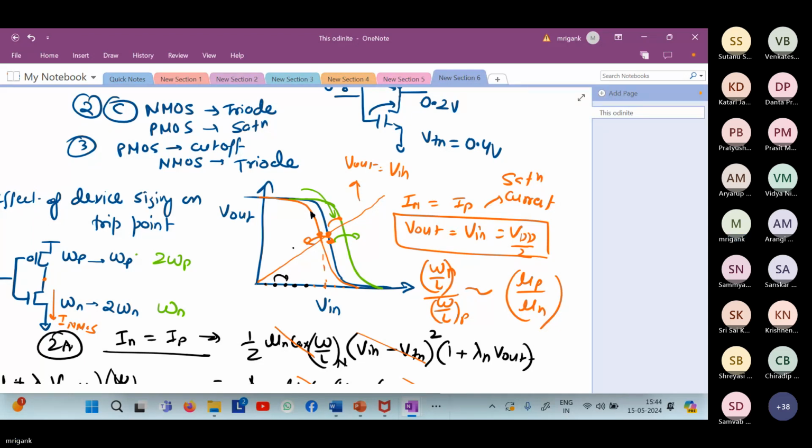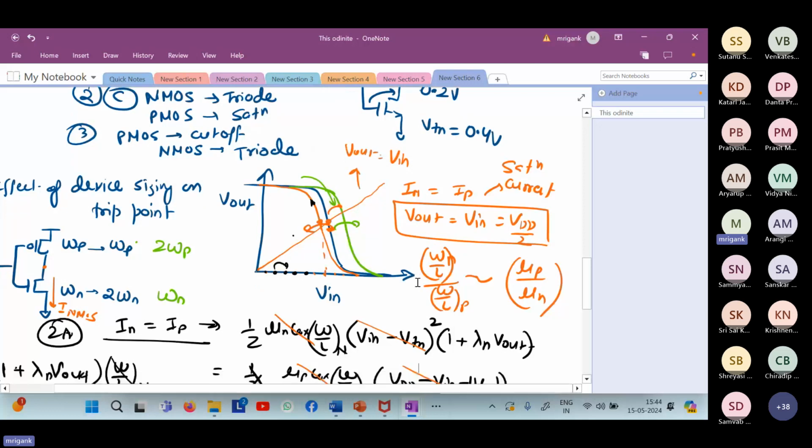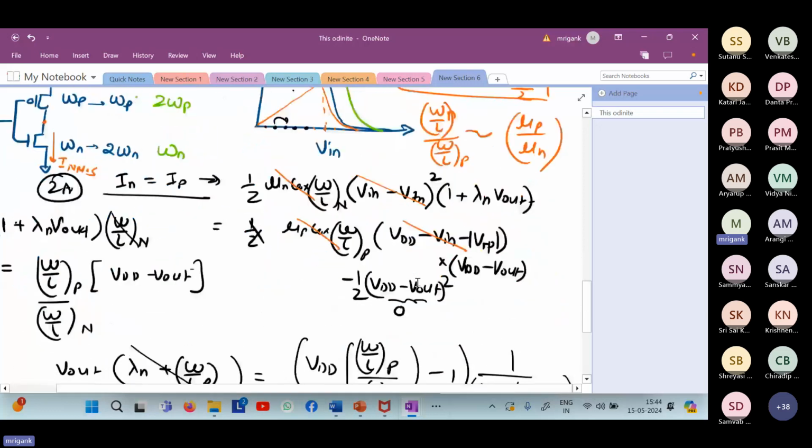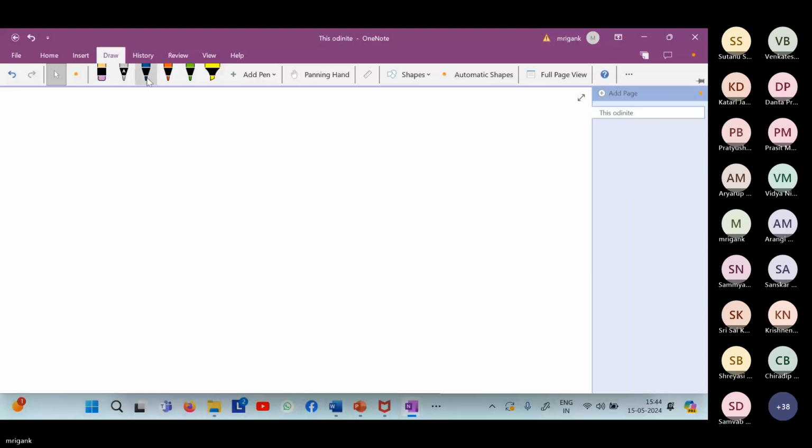So if we look at any other gate, right? Suppose we are looking at any other gate. Any question before we proceed? I am going a bit fast. I am assuming that you have read that Razavi chapter. Any question?